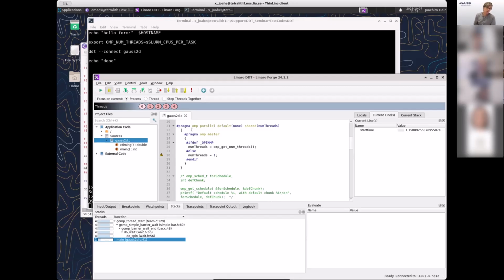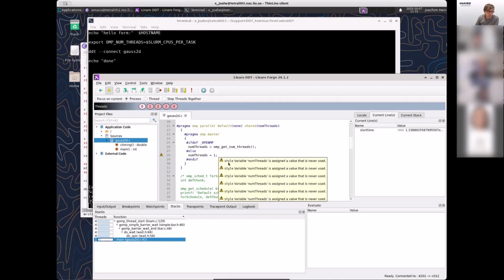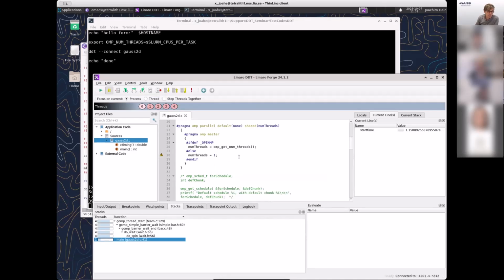If you do a parallel region, the compiler packs everything in there into a function and it gets called. GDB doesn't really understand OpenMP so well. So for GDB, it's just a function and it steps over. You see, since I had a parallel region here, it went over, and